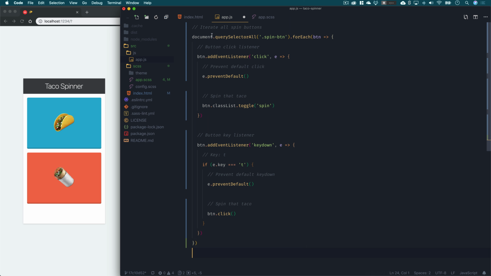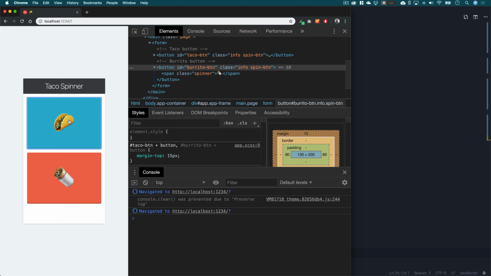So all we did was we just kind of moved all this logic into an iterator. And now instead of having to write this for each button using that document.getElementById or whatever that was called, we're putting it in an iterator, and now you'll see we can click on the taco button. It still spins as it did before, but we can also click on a burrito button to spin that one as well. And you can toggle both of them, and they both are now kind of functioning as their own